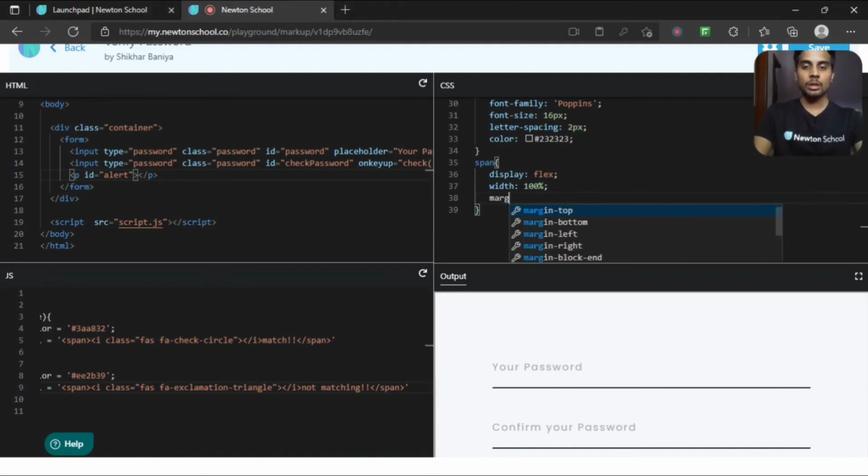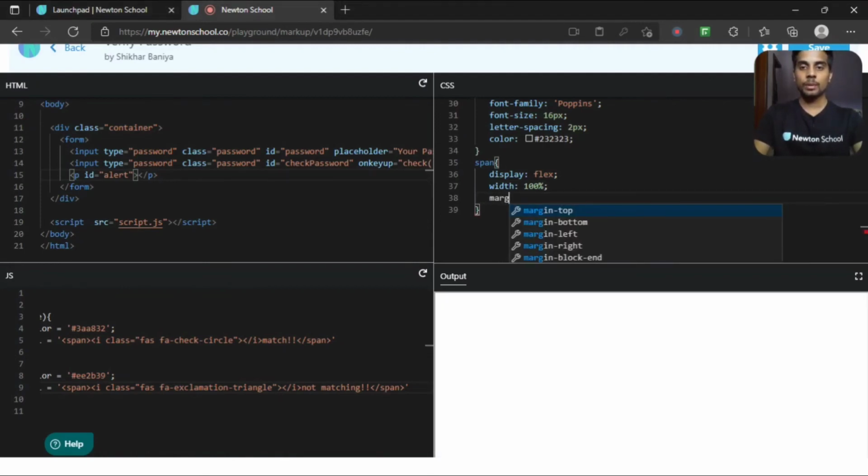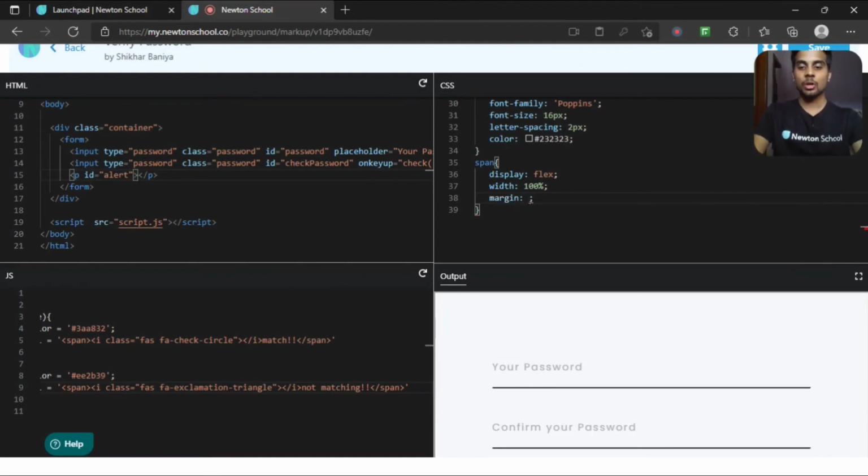Next I want it to have a margin property: top will be 20 pixels, left 0 pixels, right 0 pixels, bottom 0 pixels. Let's add a font family of Poppins, and font weight 400.